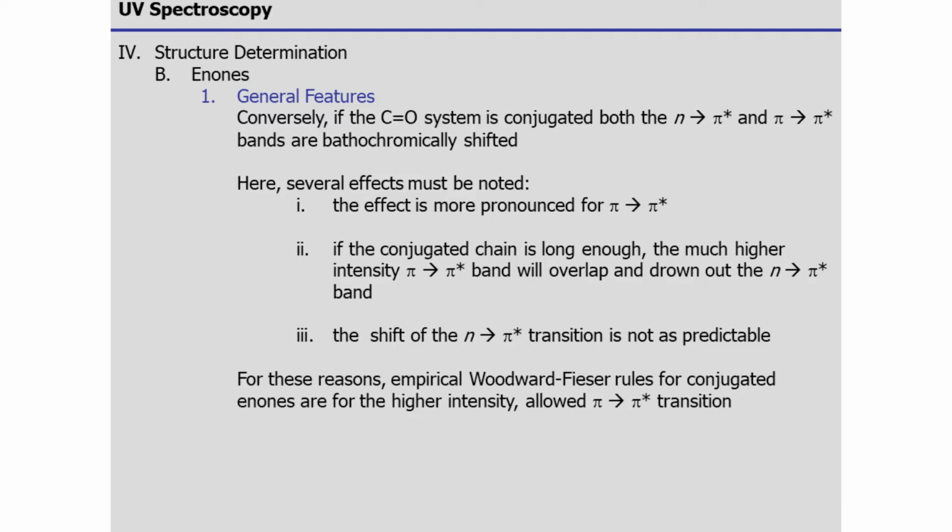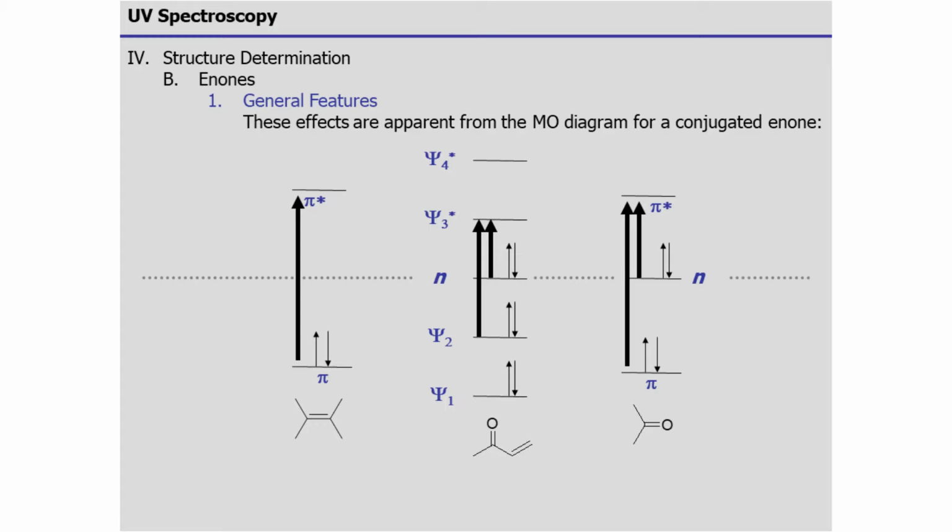When the C=O system is conjugated, both n to pi and pi to pi bands are bathochromically shifted. The shift is more pronounced for the pi to pi transition, especially with longer conjugated chains. The molecular orbital diagram for a conjugated enone shows the effects of these transitions, highlighting the energy levels and transitions